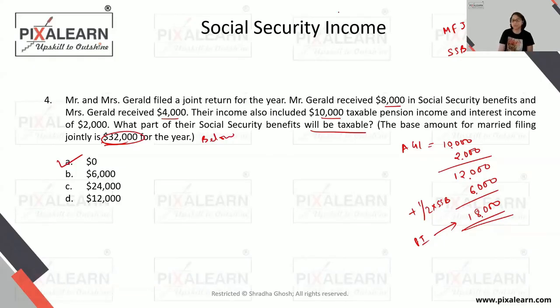Is this clear? So we've completed one more concept, which is Social Security income. It's an easy concept. It's more or less rule driven. My suggestion is first understand all of the question very well to understand what you're going to be discussing. Apply the rules, take the step-by-step approach. This is a classic place where you can use a step-by-step approach and it will be working wonders for you. Okay, so with this we completed the first part of your delivery. Now